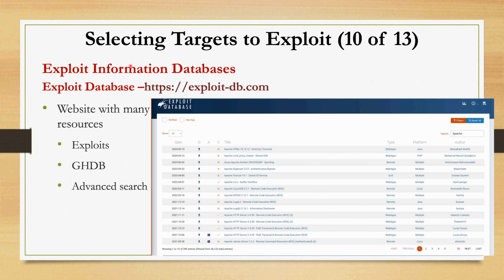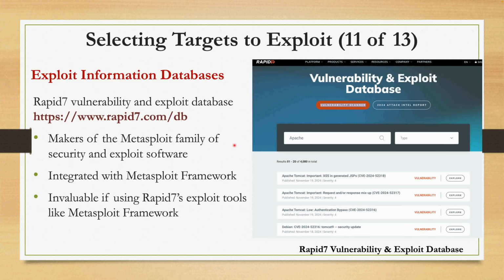Now, there are so many databases out there, and that's one of the things I strongly recommend becoming familiar with. One of those databases comes from Exploit Database, and here's the link for it. That's one of the websites with many resources that I strongly recommend you visit and become familiar with. And here we also have another website, the Rapid7 vulnerability and exploit database. You type in, for example, Apache, and it will list for you the types of